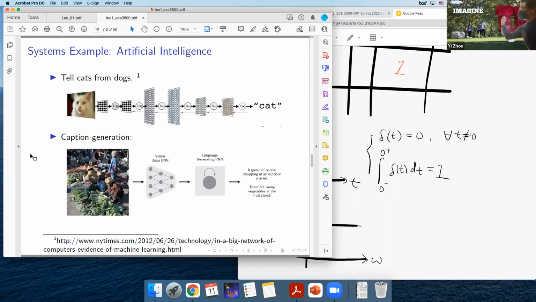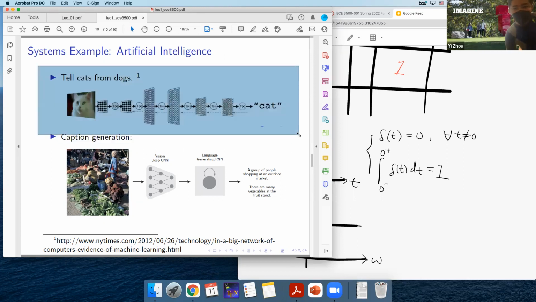Yeah, so the previous example is a very regular example, a communication system. Again, in the modern machine learning or data science field, we have a lot of artificial intelligence systems. They are not physical. They are all described in software programs. For example, looking at the first classification system, you have a system described by a neural network, all the layers in the middle, very complicated. But what does this system do? It takes an input image.